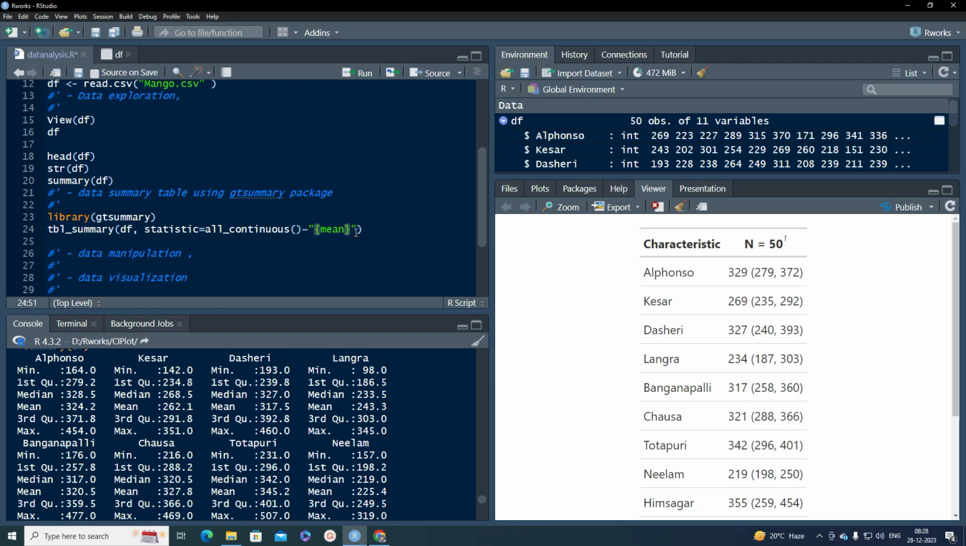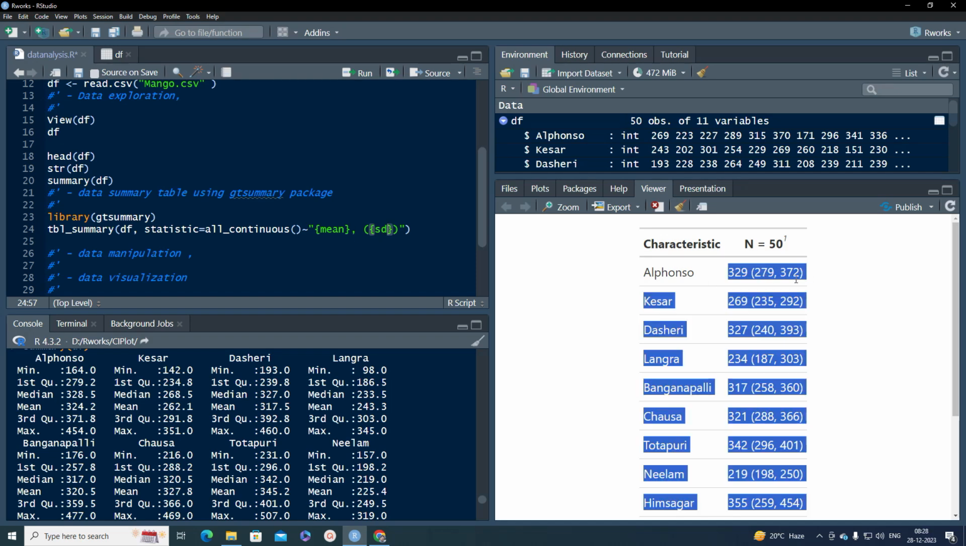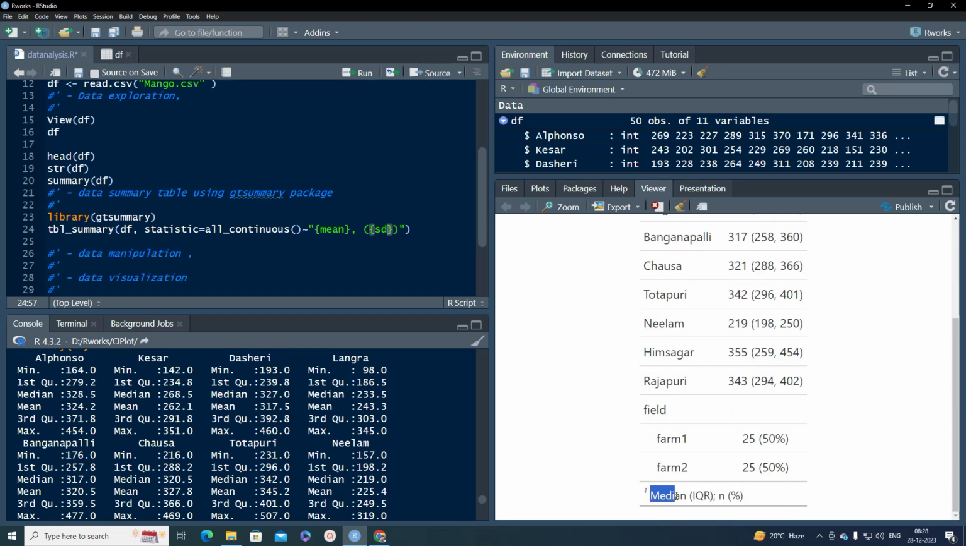After that I will put a comma. The comma is also not required, but we will put that comma, and again in parentheses I want my statistic, and curly bracket to get that statistic. In the curly bracket I will put SD. Okay. Now you will see that this statistic gets changed, and the footnote also changes automatically. I will run that,